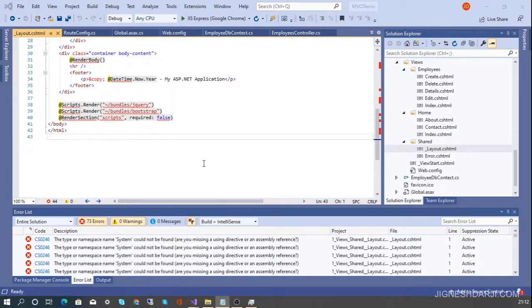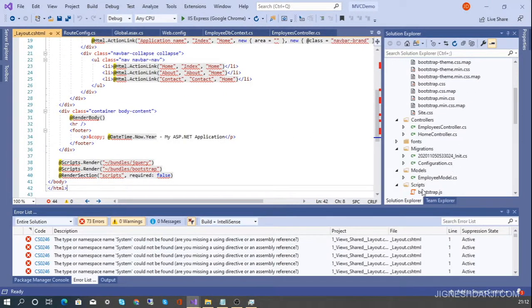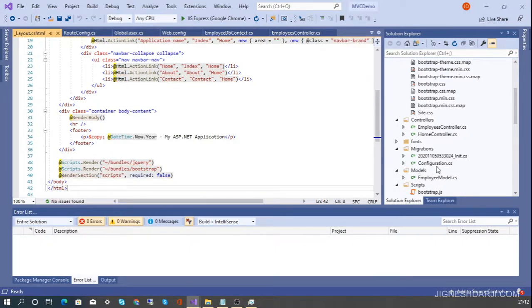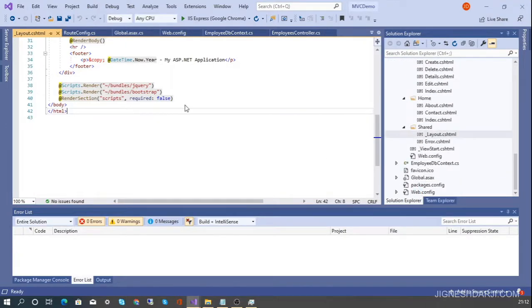Apart from that, for this particular example, we also have some models, that is the employee model, and we need to migrate those over. In this project I am using Entity Framework. If you are already using Entity Framework, you also need to migrate that in our core MVC project as well. To implement that, we first need to set the connection string. In this MVC project, inside the web.config I already have a connection string, right?